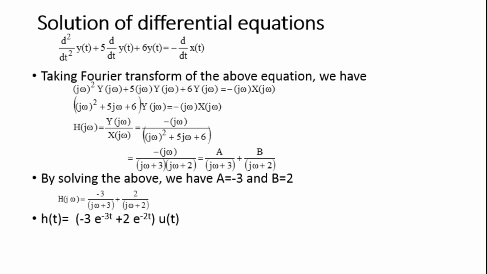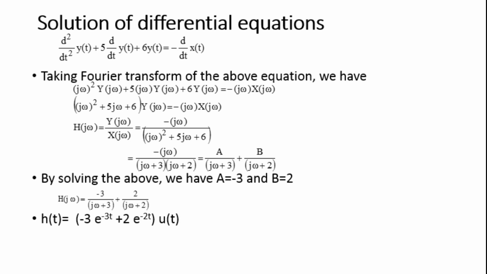After rearranging the above equation, we get H(j omega) is equal to Y(j omega) divided by X(j omega), which is equal to minus j omega divided by ((j omega) whole square plus 5 j omega plus 6), which is equal to minus j omega divided by (j omega plus 3)(j